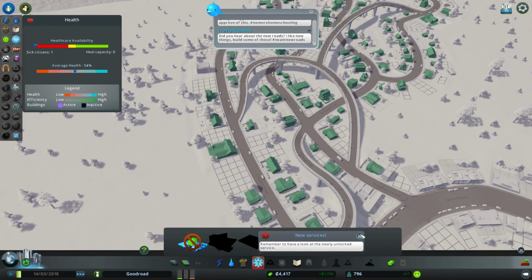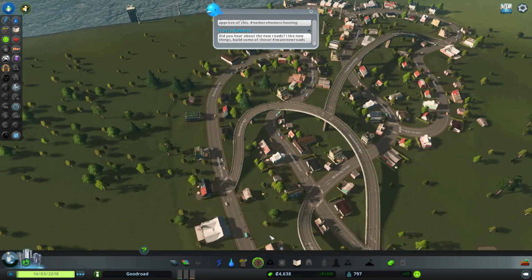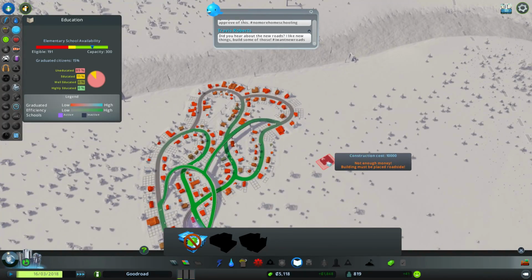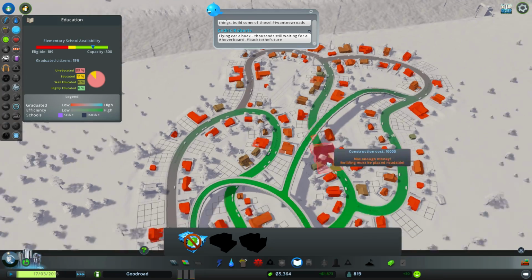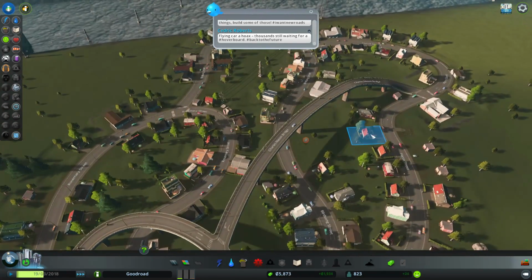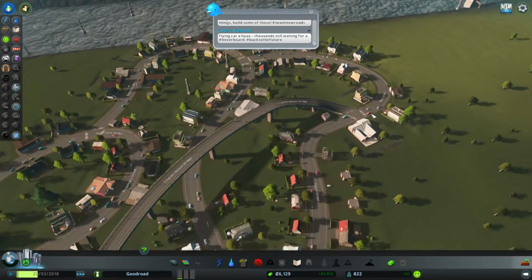It's all fine. New services. I don't care. We're lacking in money right now. Okay, so what I've now done in the education screen is... That's made very little difference. Okay, it's made very little difference, but it is going to be easier for people to make it from here